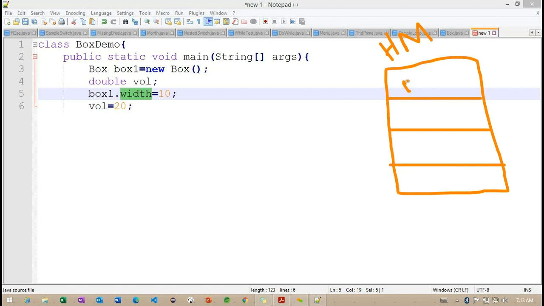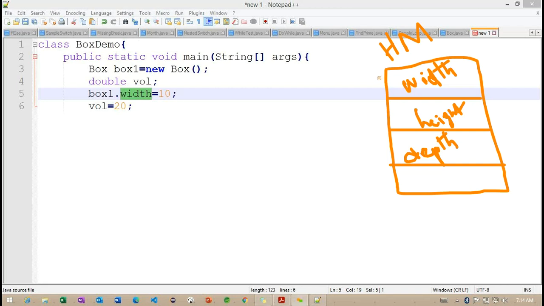The first one is width, then height, and the third variable is depth. These are the three variables we have.